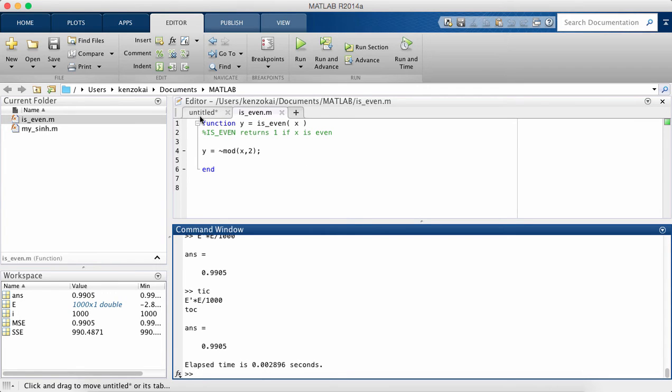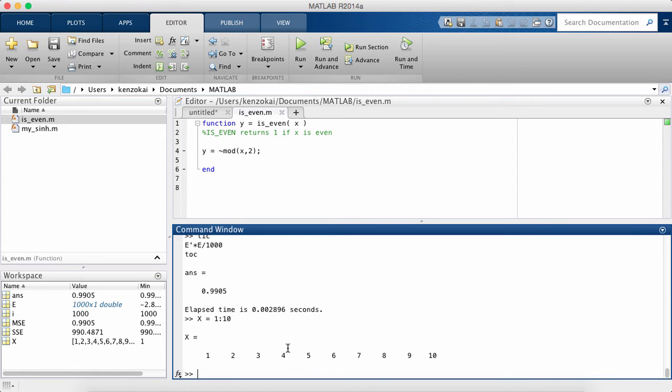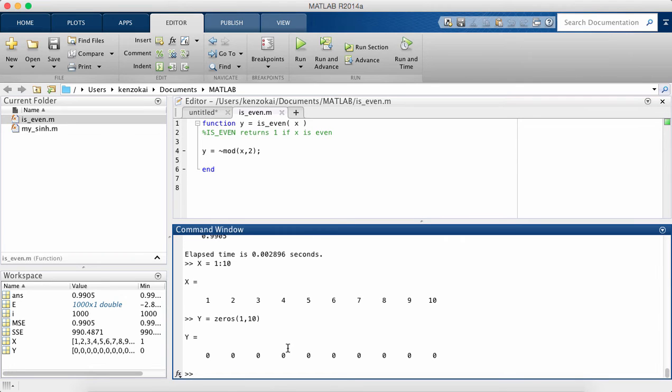So you could do this with if statements. Let's say x is just 1 to 10. All right, and we want to say y is initialized to an array of zeros. And we'll do for i equals 1 to 10,